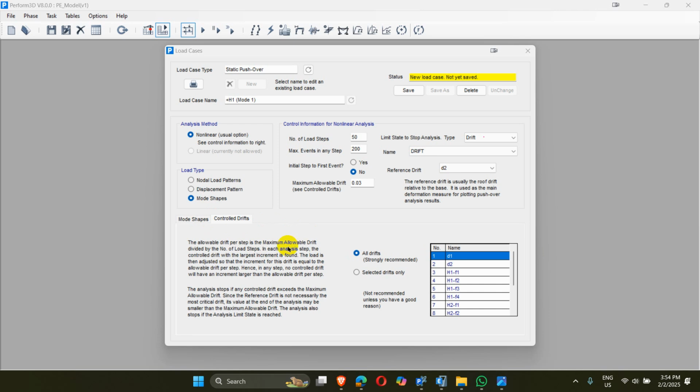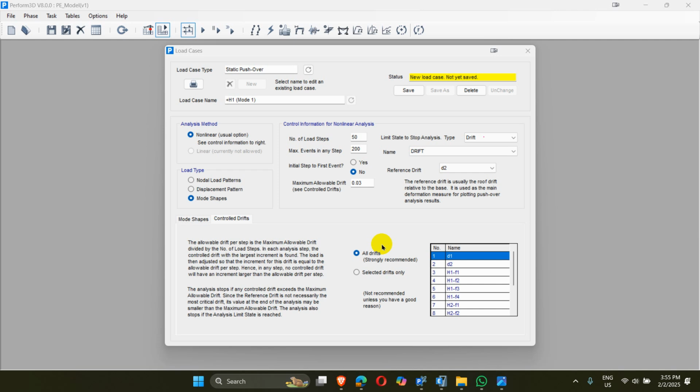For explanation, use the mode shape based on the load. So if we choose the load based on the mode shape, and if we use more than one mode shape, we must specify a scale factor for each mode. Only the relative values of the scale factors are important, since the concern is the load distribution over the building height,